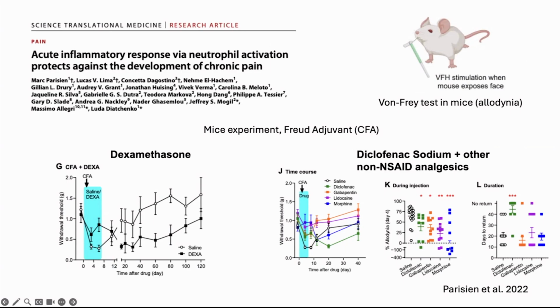Since you can't ask mice how much pain they feel, the way that we typically assess their pain is by poking their paw with hair filaments that we call von Frey filaments, which apply a certain force that here in this study was measured in grams. This force is increased until the mouse withdraws their paw, which we take as a proxy for pain sensitivity. The idea here is that the quicker they withdraw the paw, or the less force that you need to make them withdraw the paw, the more sensitized they are to their pain.